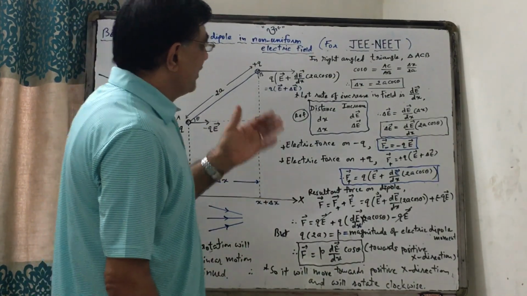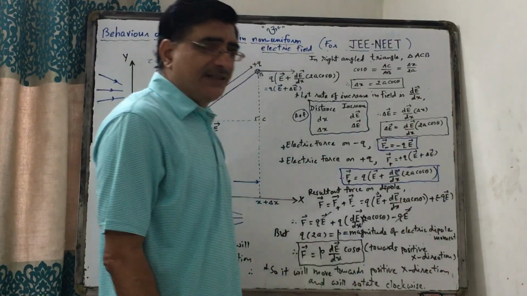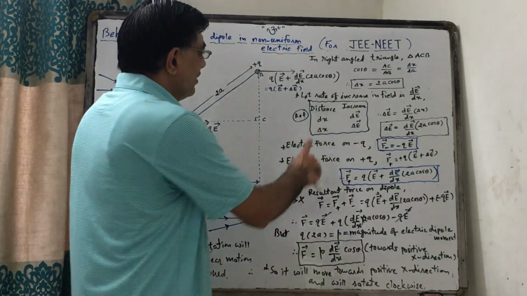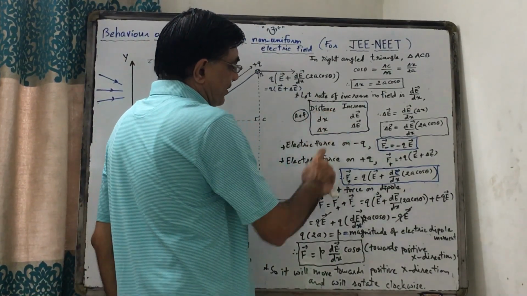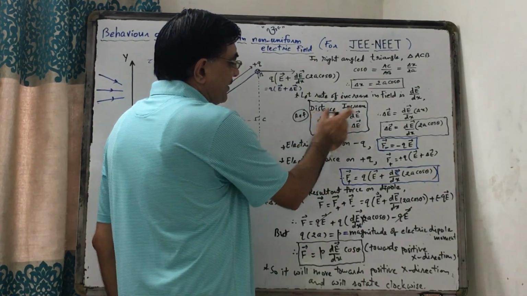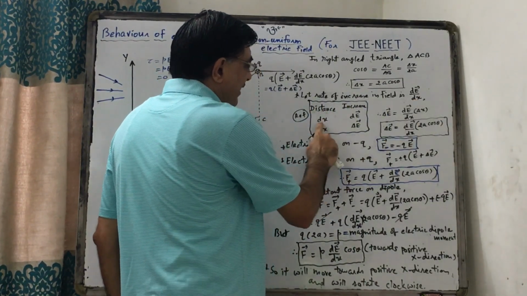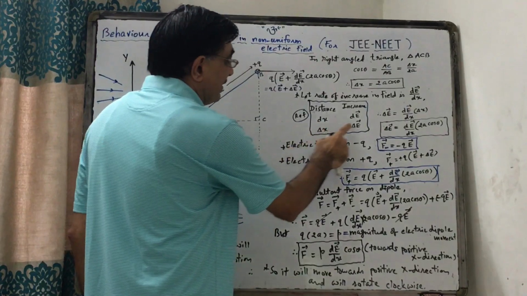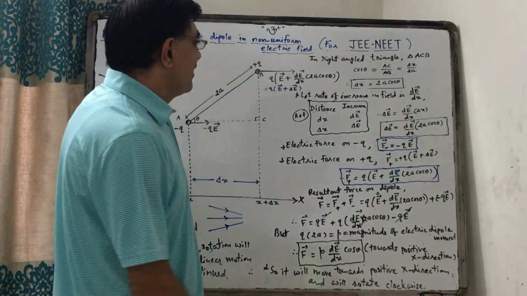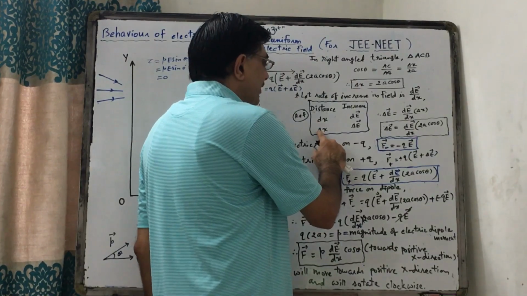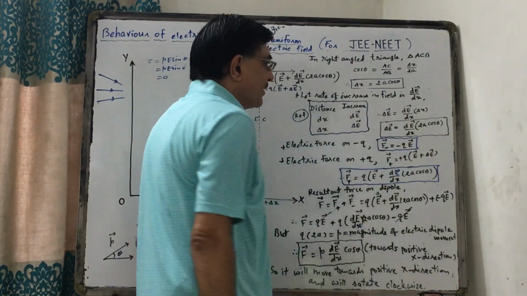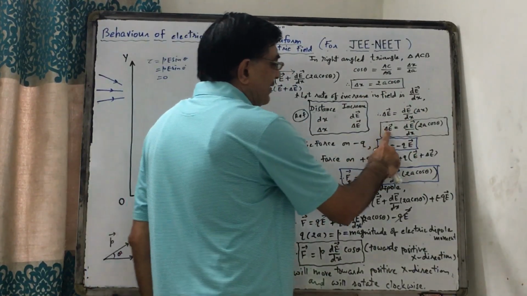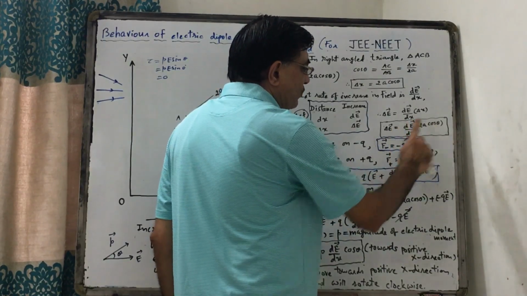Now let us assume that the rate of increase of electric field is linear. It is dE by dx, d vector E by dx. Let us put it in simple terms, distance and increase. If the distance is dx, then the increase is dE. But our distance is delta x, and the increase is delta vector E. In that case, delta vector E equals dE into delta x upon dx. But we know that delta x equals 2a cos theta. So putting the value, delta vector E equals d vector E upon dx into 2a cos theta.